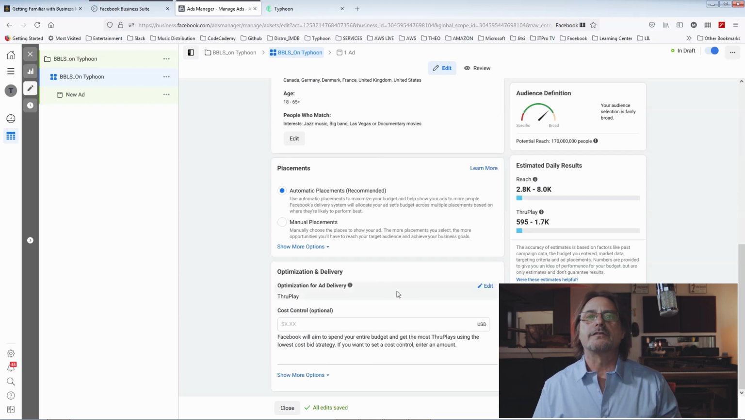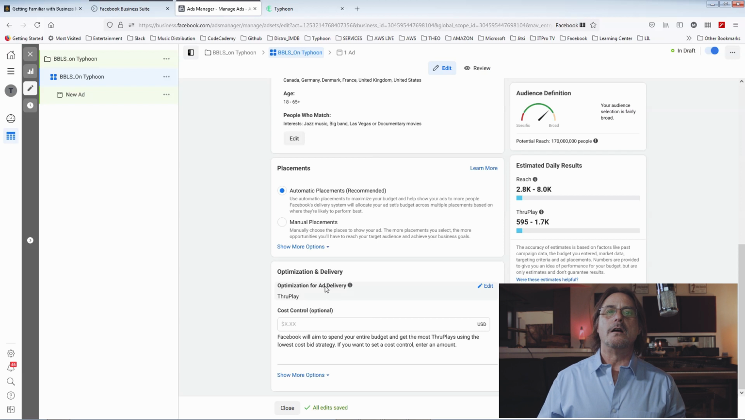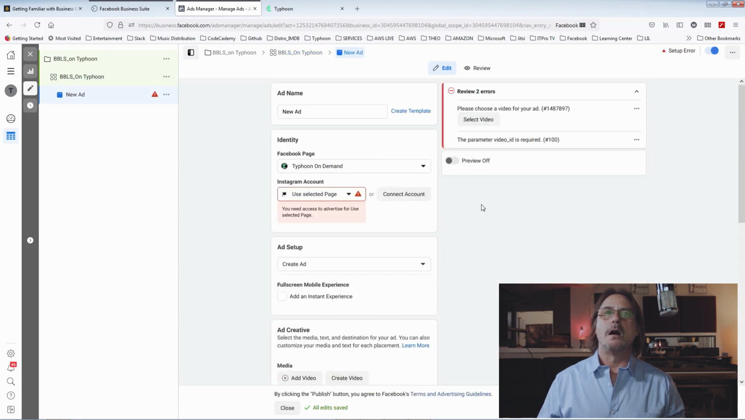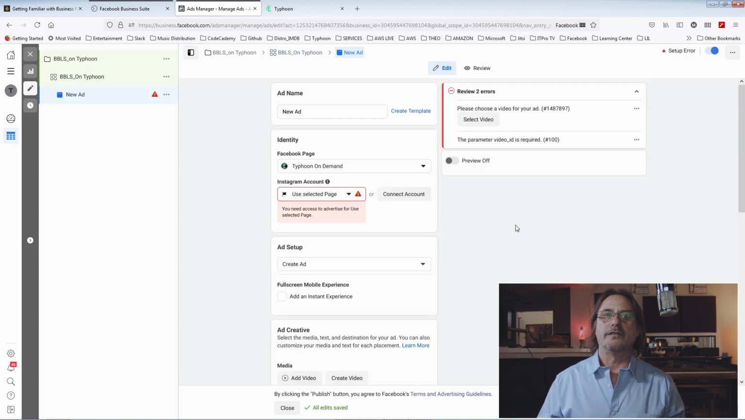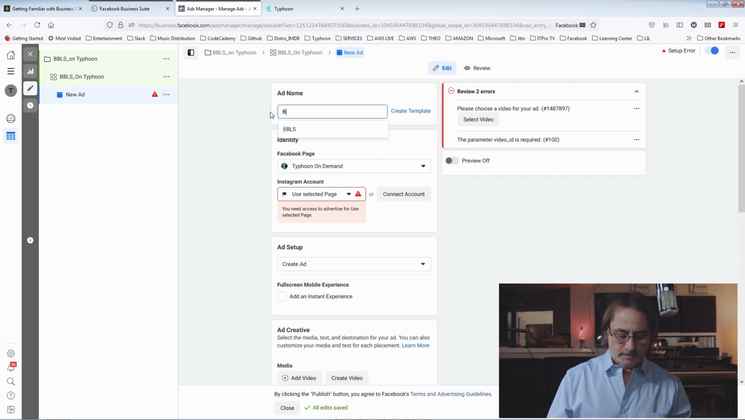All right, so next, optimization for ad delivery. We don't need to worry about this. Okay, so now there's basically three tiers here. It works like this. And then we go to the new ad. This is where we actually add our video. So I'm going to use the same name,